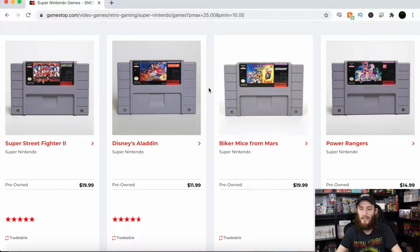Disney's Aladdin, $11.99. I don't know if I would pick this up or not. I love the game and I think it's well worth it, but they released a compilation with Lion King and Disney's Aladdin, so maybe I would pick that up, maybe I would pass, I don't know. That's on the Switch, so